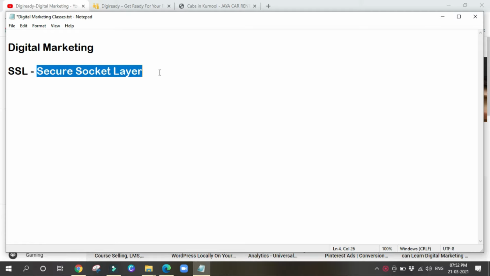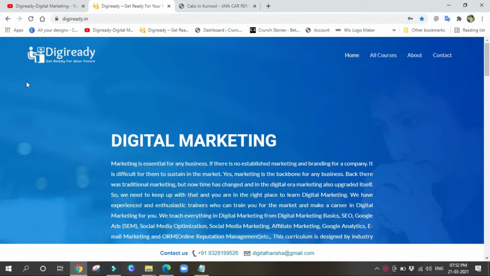If any website contains this SSL, then we can say that particular website is secured. Okay, so let's see an example. If you look at this particular website and click on this URL, you are seeing HTTPS here. HTTPS means Hypertext Transfer Protocol Secured.